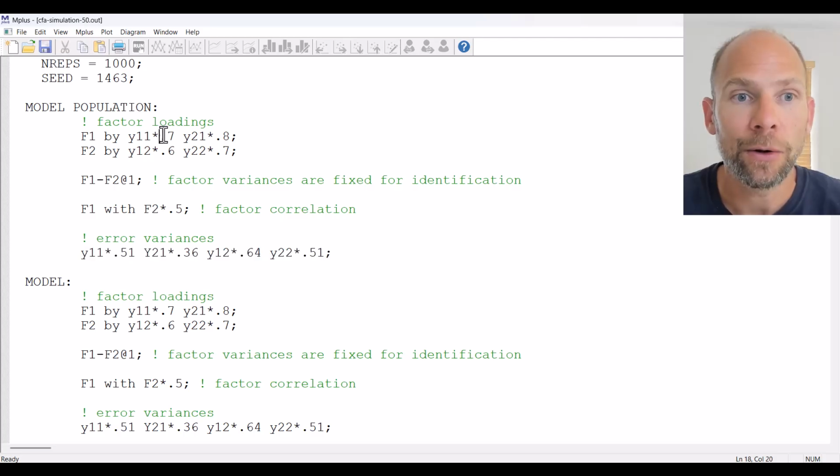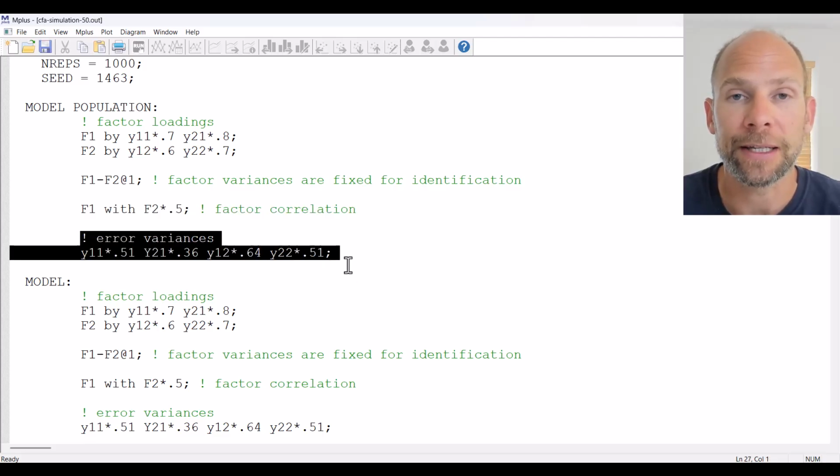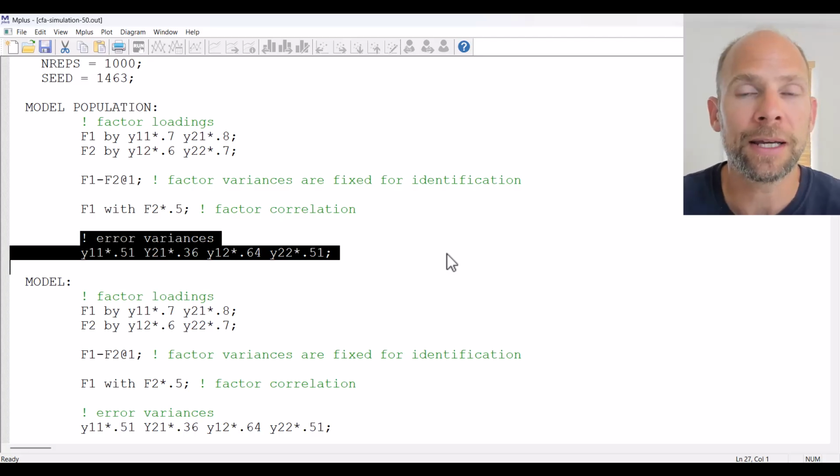The loadings, the factor variances, the factor correlation, which I set to 0.5 here, and the error variances. The intercepts are not necessarily specified. Typically those are not of interest, and then Mplus just keeps them at 0, indicating that all variables are centered or mean centered with means of